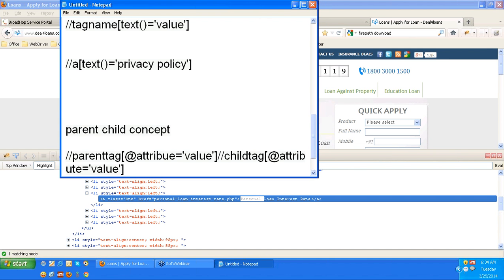So //parent tag with square braces and within that @attribute equal to value, and